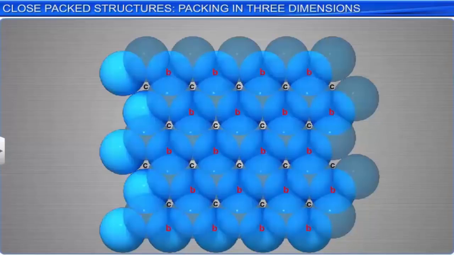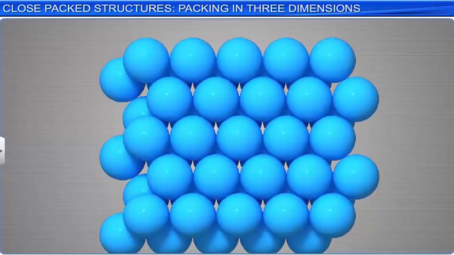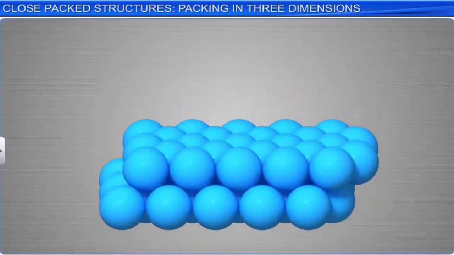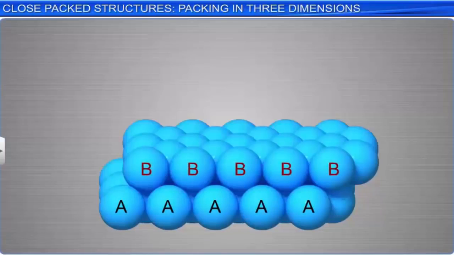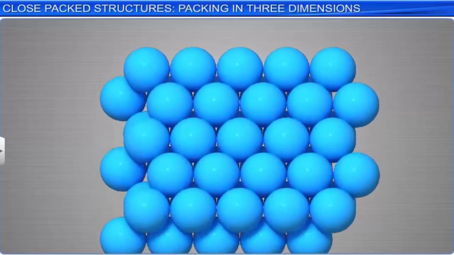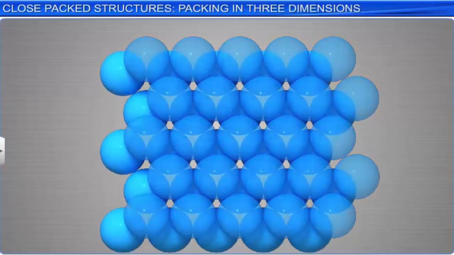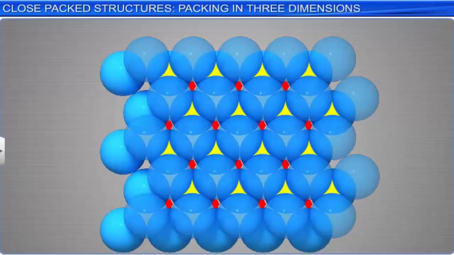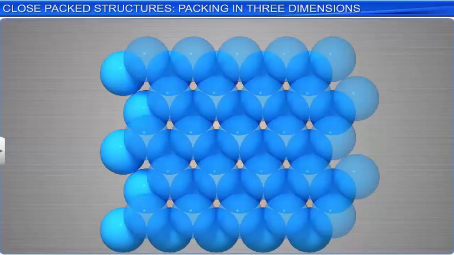As the spheres of the 2 layers are aligned differently, let the arrangement of spheres in the first layer be referred to as A-type and in the second layer as B-type. A closer look at the arrangement indicates the formation of two different kinds of voids, marked as O and T.